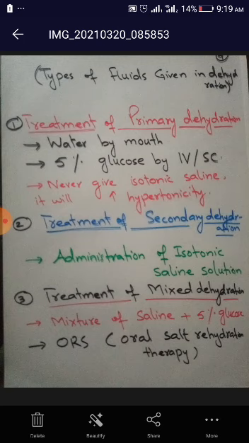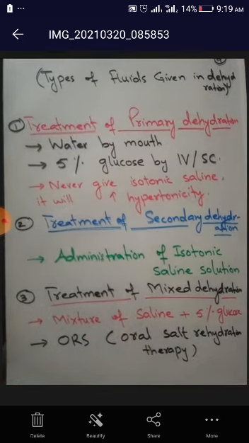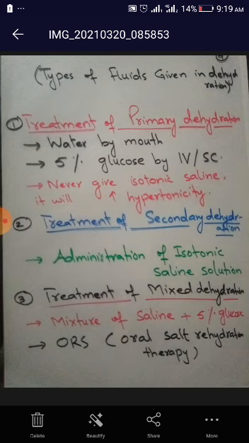You will take 1 liter of water and add table sugar. You will add a pinch of salt according to the volume of the water. If you are using 1 liter of water, you will add almost 1 tablespoon, that is roughly 4 to 5 grams. Now you will squeeze a lemon into this solution, which is the source of citric acid as well as